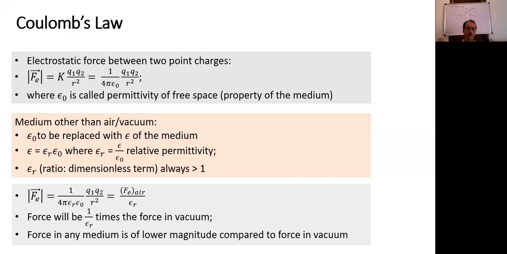So what we understood, what is the effect of any other medium? The medium also affects the force acting between two charged particles. It gets reduced by a factor of epsilon r. If permittivity is 5, force becomes 1/5. I calculate force the same way I calculate in vacuum. I divide by 5, I get the force in that medium. As simple as that.